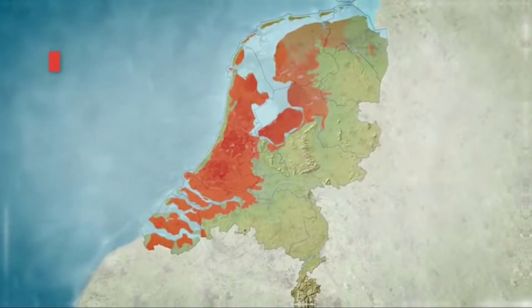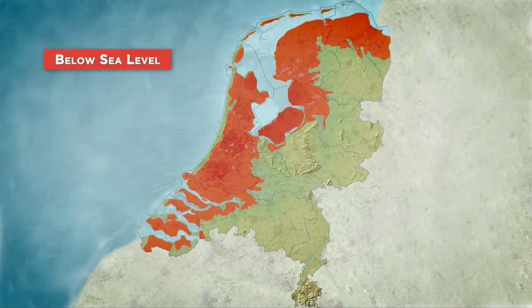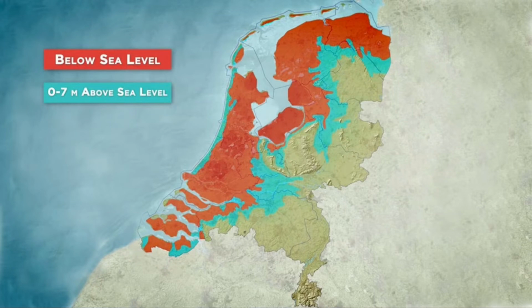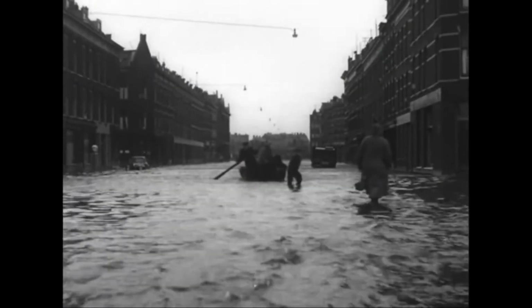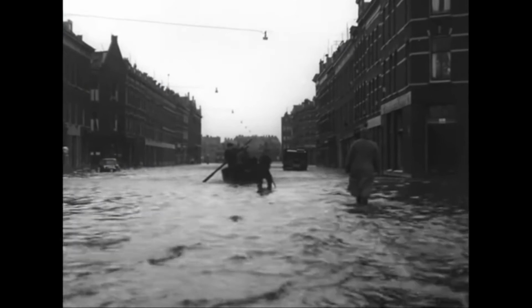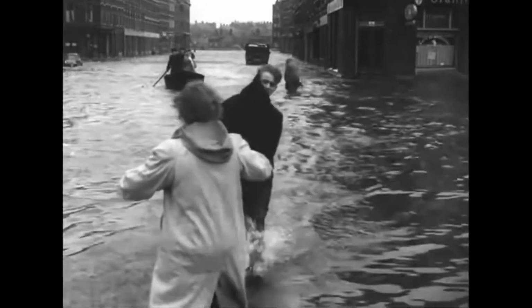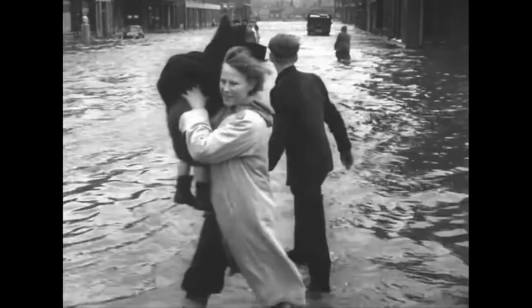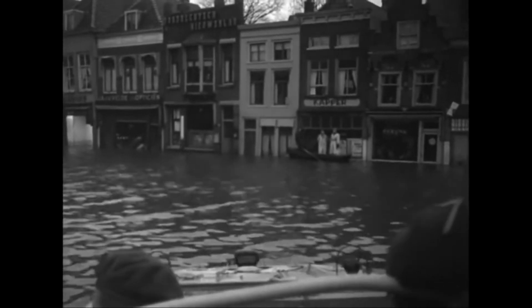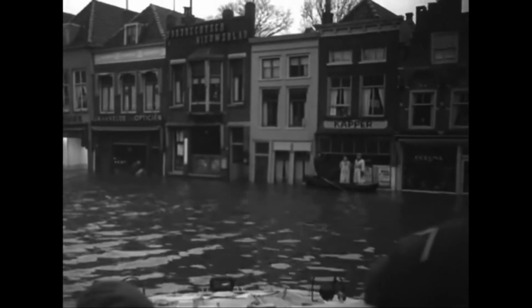Roughly 1/3 of the land in the Netherlands is located beneath sea level, and 2/3 of her land is considered extremely vulnerable to flooding. As a result, the Dutch have been fighting a war against the ocean that threatens them for centuries. In the past, they've come up with some pretty ingenious solutions to their water problem. They've constructed dikes, dams, floodgates, canals, pumping stations, and more, all in their effort to push the sea back.